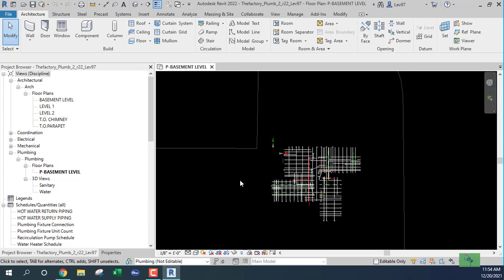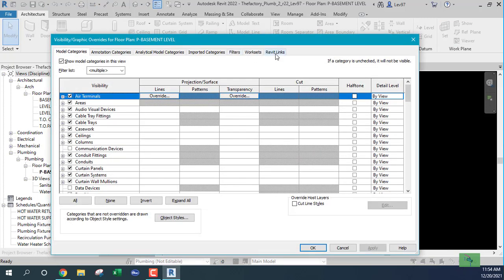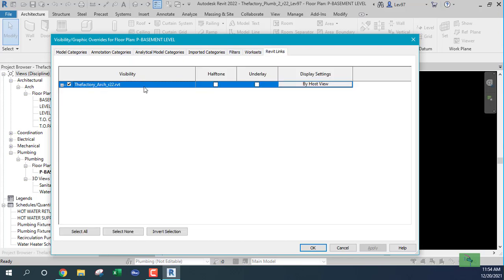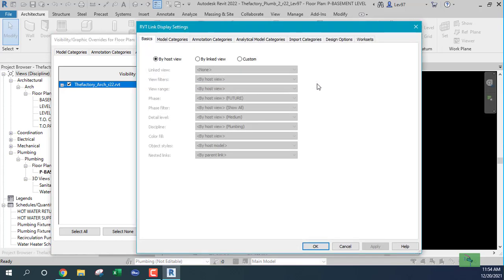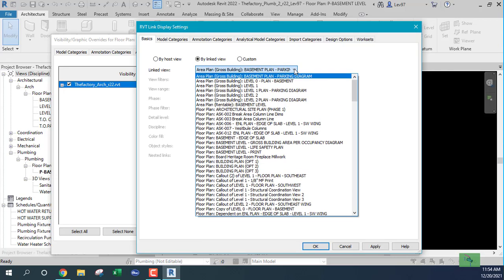So let's go to our visual graphics and look at our link, which is the architect's drawing, right? So the display setting now is on the host view, okay? But I want to change that to by link view, right? So by link view, and we want level 0,